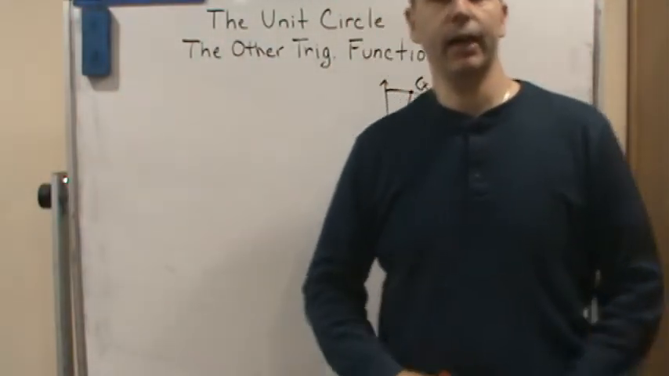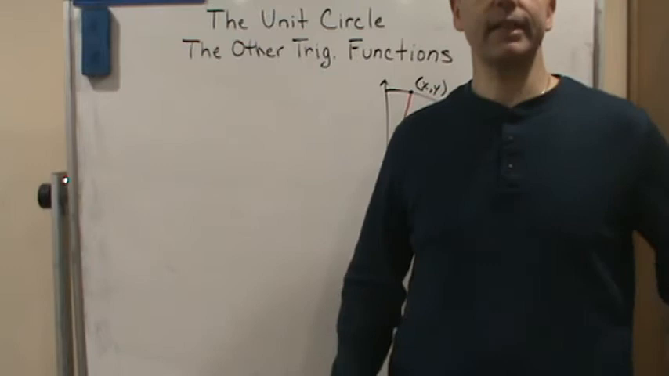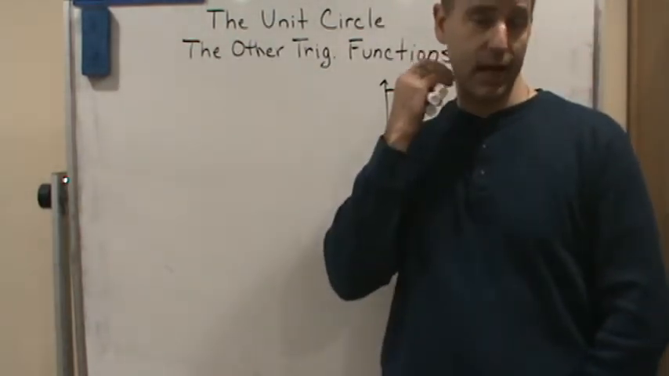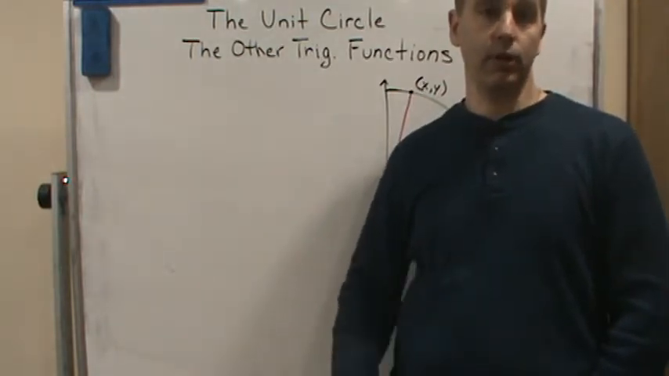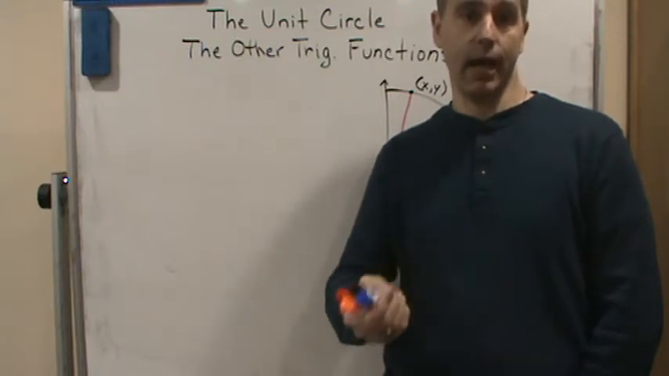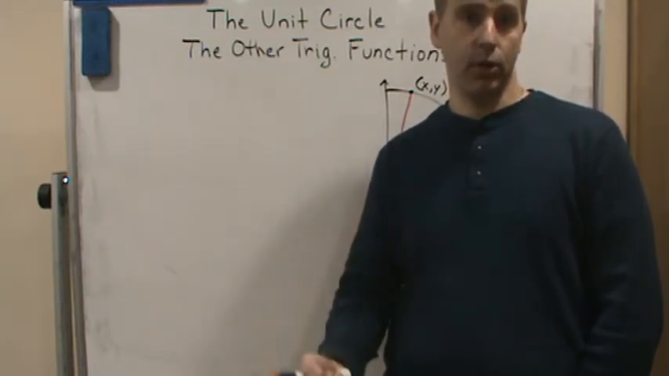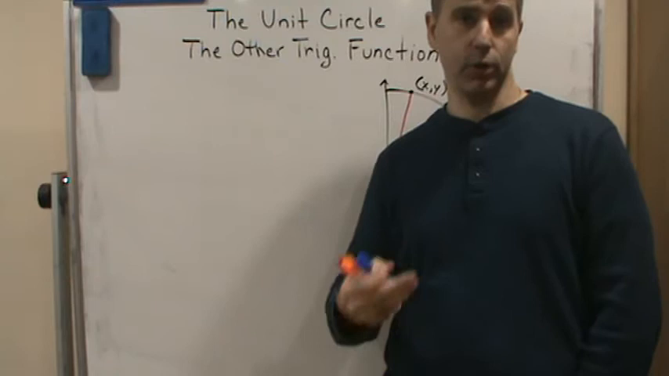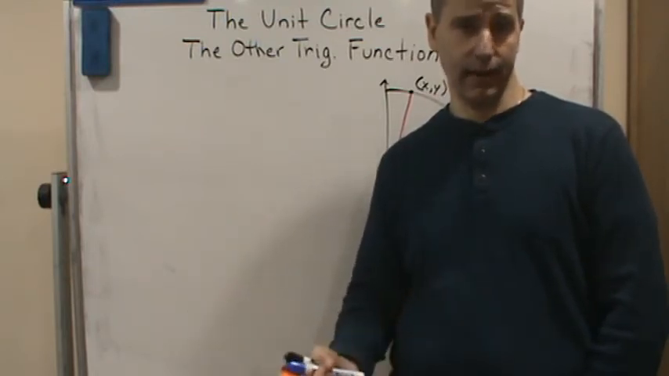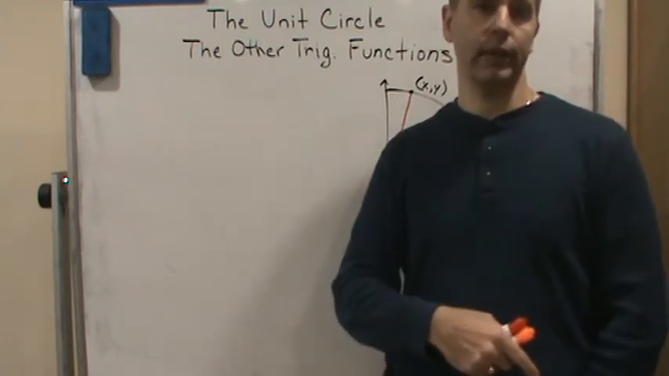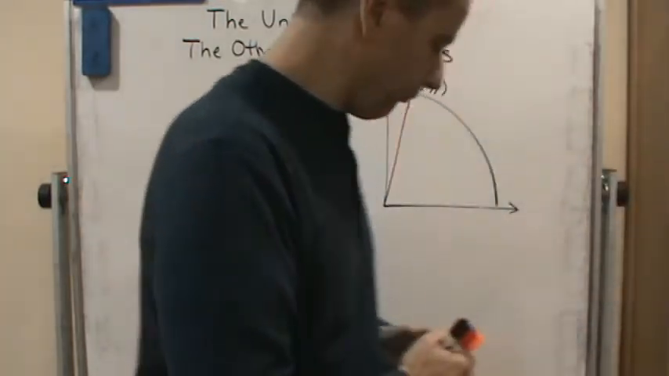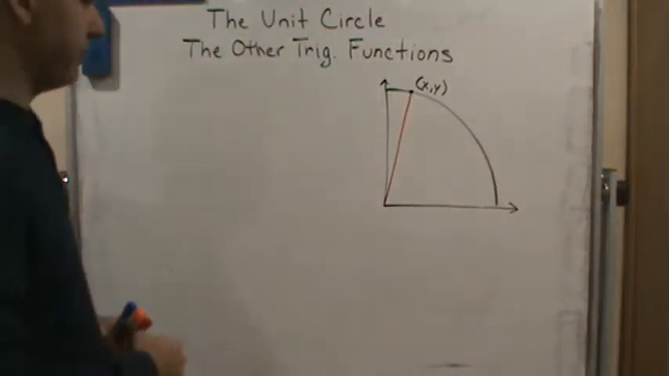Okay, so welcome back. Now what we're going to do is discuss the other four trigonometric functions. In the last few videos, in the last section, we've been talking about the unit circle and how we define sine and cosine with respect to the unit circle. And we found that x is equal to cosine theta, and y is equal to sine theta. Now we're going to look at the other trigonometric functions and define them similarly. Okay, so with that being said, let's say that we have this angle,